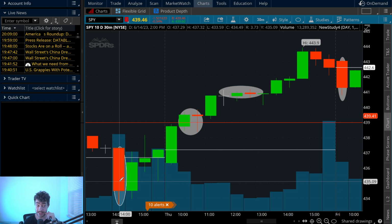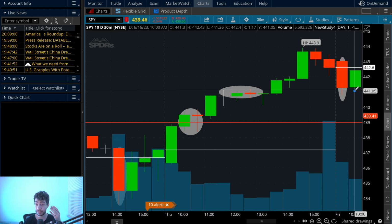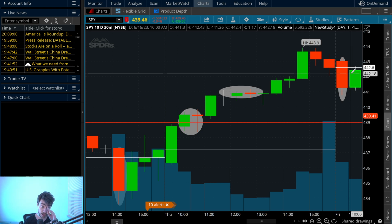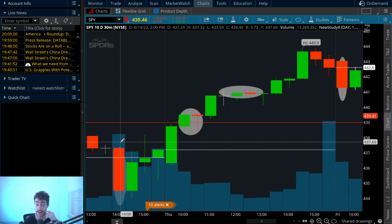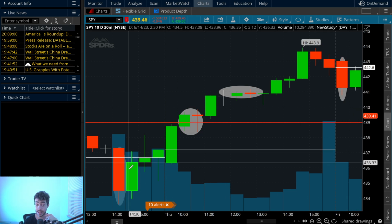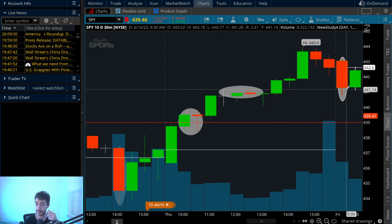The 30-minute pattern said the next candle is going to be a green bullish candlestick, and surely enough, it was a green bullish candlestick. So I decided to play those calls basically as soon as this 30-minute candle closed, with the anticipation that history is going to repeat itself, the pattern is going to repeat itself, it's going to flip green, and also with the anticipation that this previous resistance that has never been tested but finally tested is going